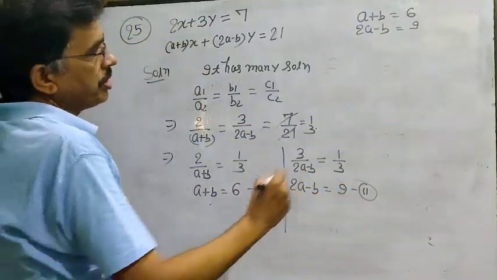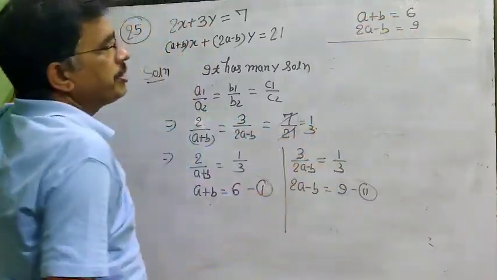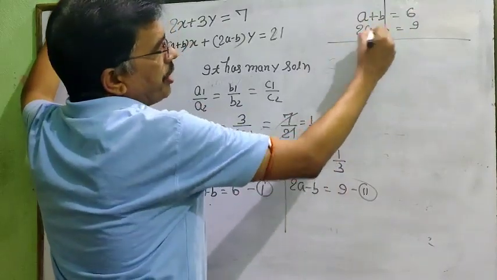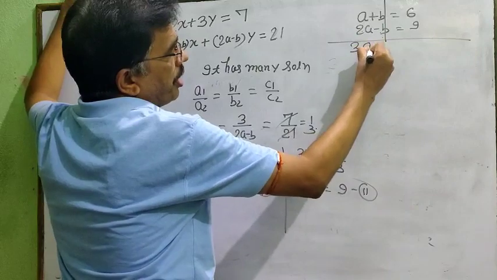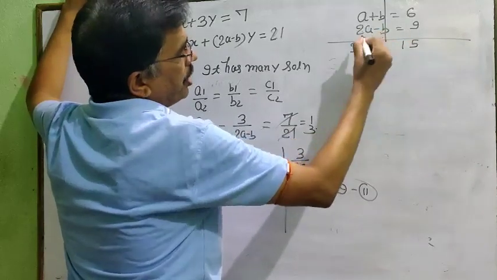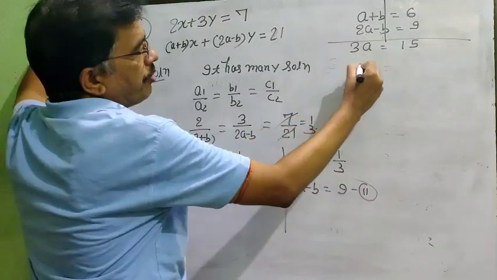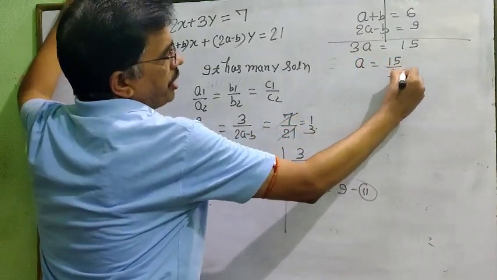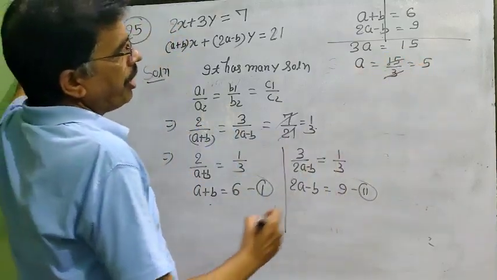So dear student, here is positive and negative, so you can add, and in an easy way you can find the value of a and b. When you add, it is eliminated, and it is 3a equal to 15. This is plus b and minus b, so it is cancelled. Then 3a is equal to 15. So what is a? Then a is equal to 15 by 3. 3 fives are 15. So a is equal to 5.